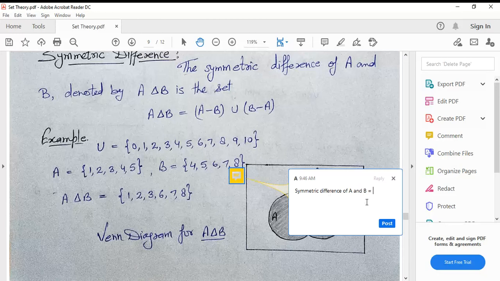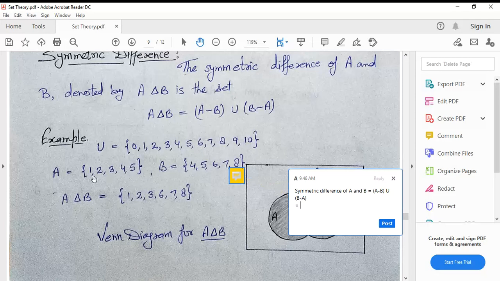We have to calculate A minus B union B minus A, right? So here, what is this? A minus B. So what will be the elements in A minus B? We have to check the elements of A which are not in B.